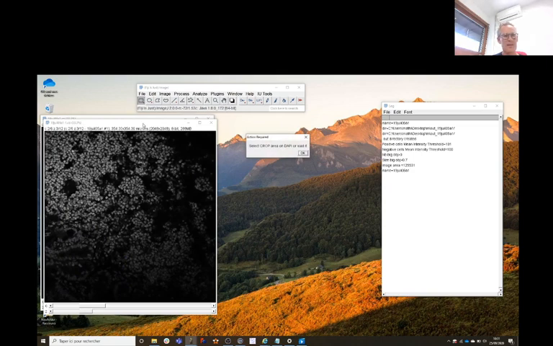Then in this part, you need to define a region of interest, to define the area you want to process, which is this zone, not this zone. So you can say OK,